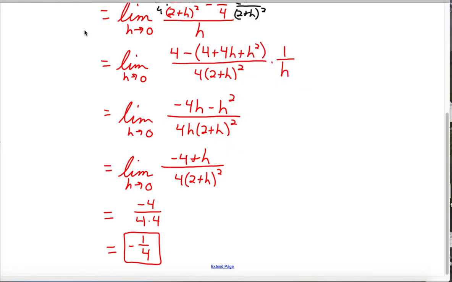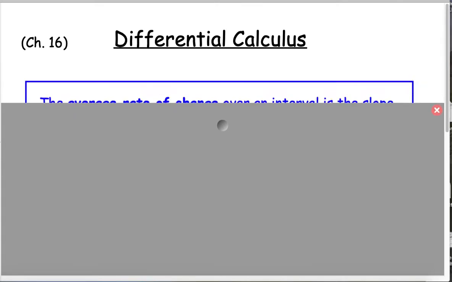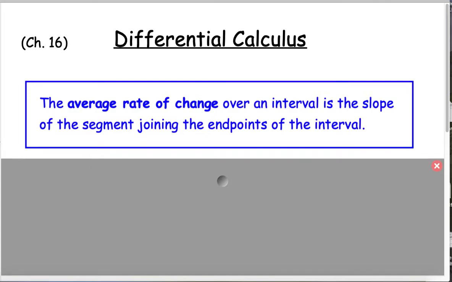All right, so differential calculus, derivatives. First, we need to talk about the average rate of change, or just rates of change in general. The average rate of change over an interval is the slope of the segment, or the secant, joining the endpoints of the interval. So for example, if I'm talking about a graph, and let's say it looks something like this,